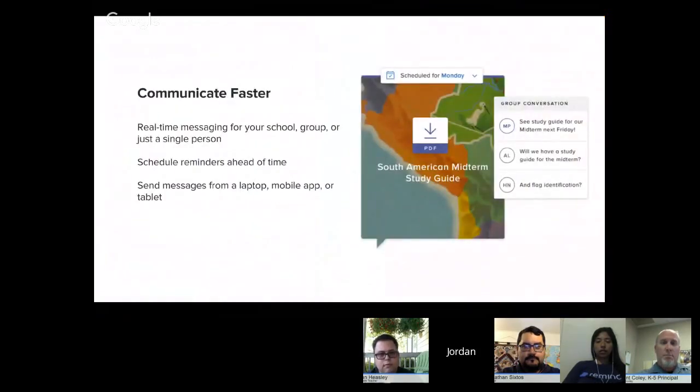Why is Remind more effective than other tools out there? We definitely know there are lots of ways to communicate. There's lots of technology you can use, and lots of non-technology things you can use. But we find that being able to really cut through the noise and make sure people will receive and read your message and information, and also be able to get in touch with you really quickly and effectively